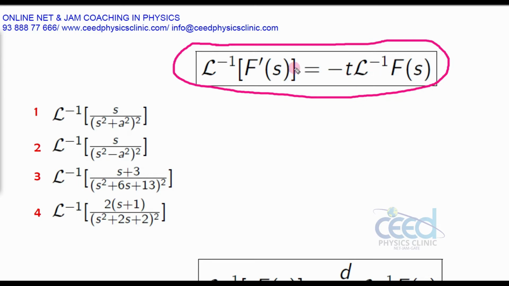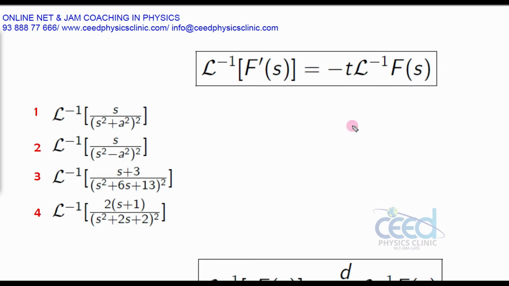So to do this problem, you will consider the function whose Laplace inverse you want to find as f dash. If you know f dash, by integrating you can find this f of s value, which you can substitute here. That's the method we are following, and we can also verify whether this result is true or not, using a function for which we already know the inverse Laplace transform.